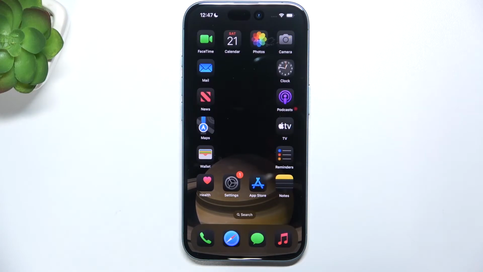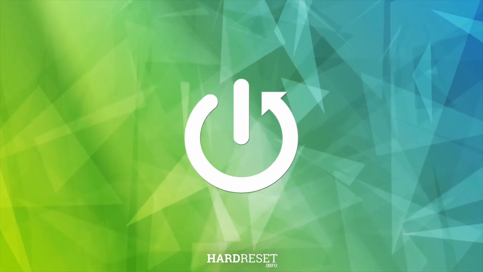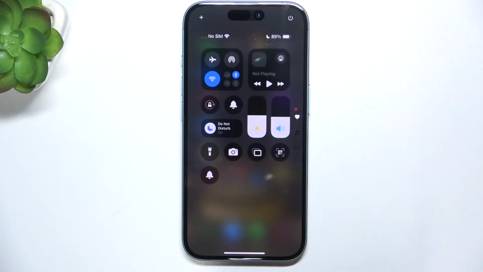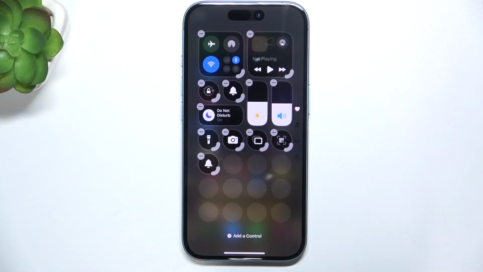Hello, in this video I'm gonna show you how to edit control center on iPhone 16. To edit the control center, swipe from the right top part of your screen. This is the control center, and now you can just click on the plus in top left corner to edit